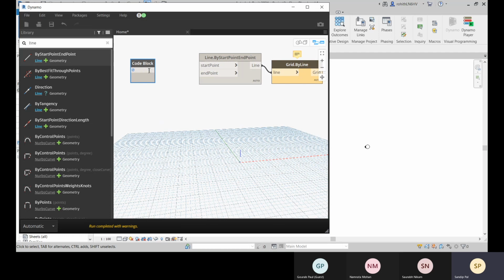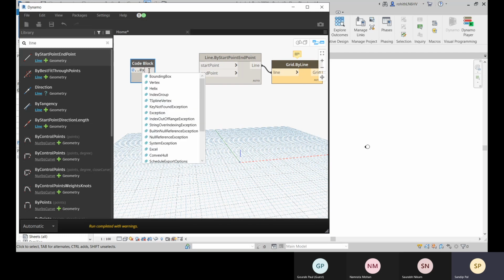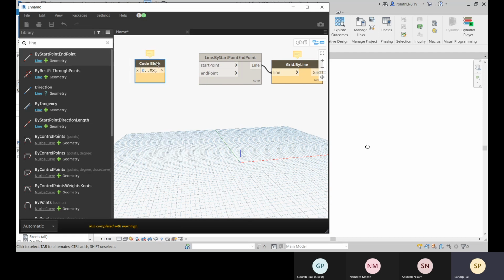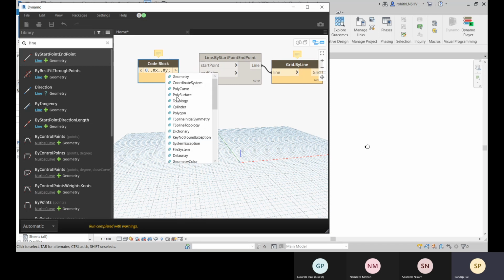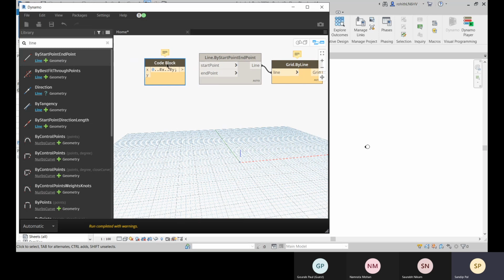Start number will be 0, double dot, and then let me go with hash x. That will be your end number, and then double dot hash y. That will be your step value, right?